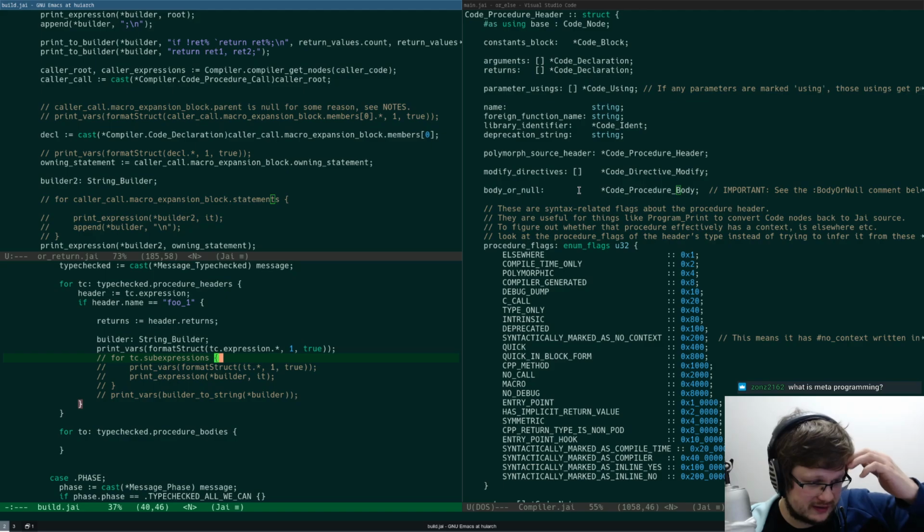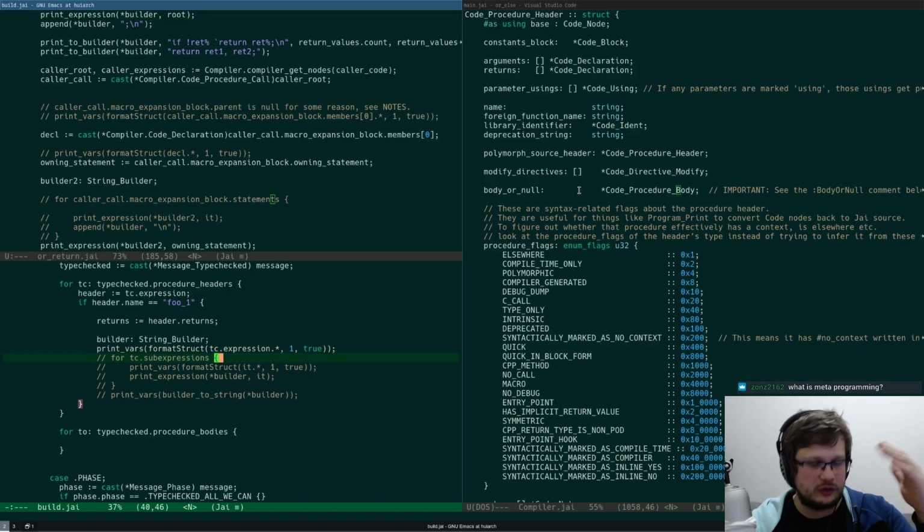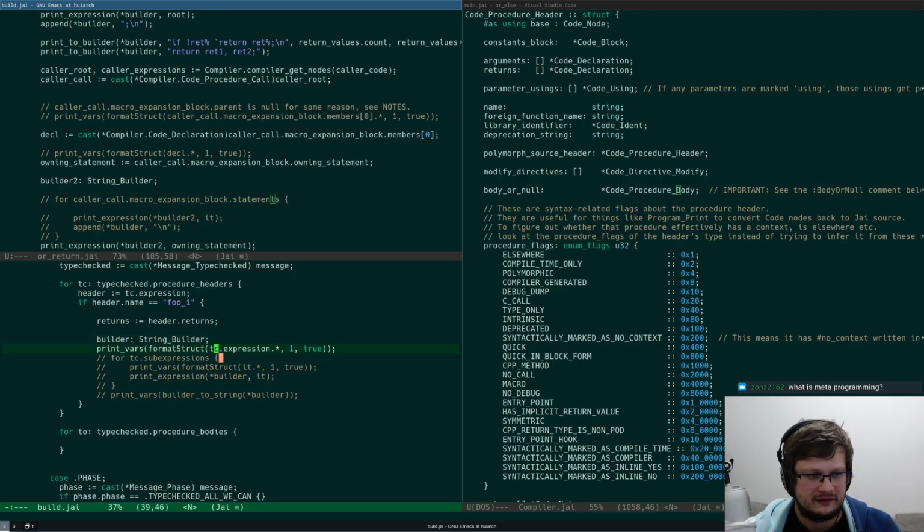Hey, zones 2162. Metaprogramming is when you write code that affects the running code. Normally when you write a program, you just write logic that gets executed. But a metaprogram is code that manipulates the code that then gets executed. So it's kind of higher order code. It's code that writes code. That's what we're doing here. We manipulate the abstract syntax tree of our program to change its behavior based on some kind of input. If you know anything about Lisp, that's what Lisp is all about, but this is similar but type checked.